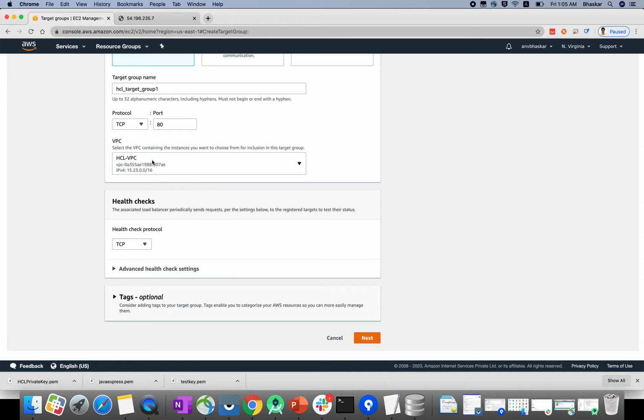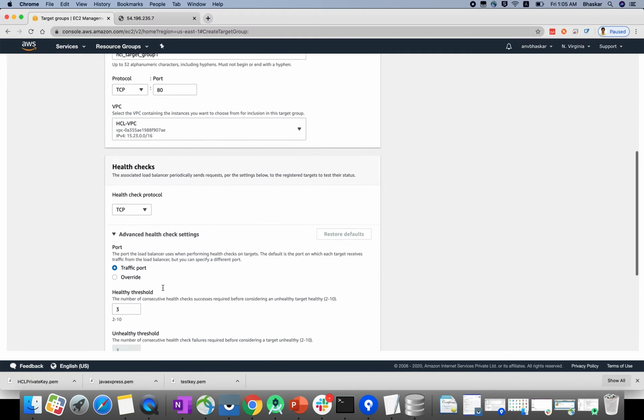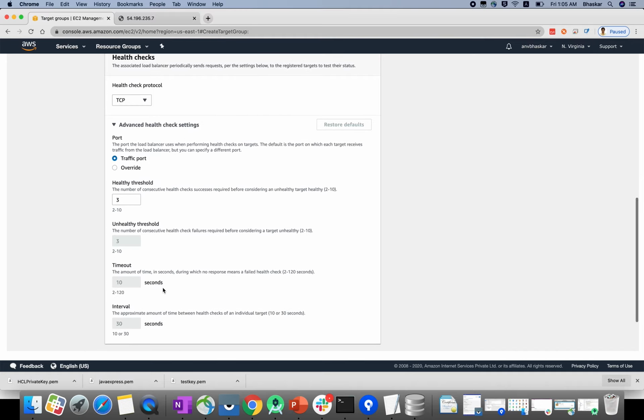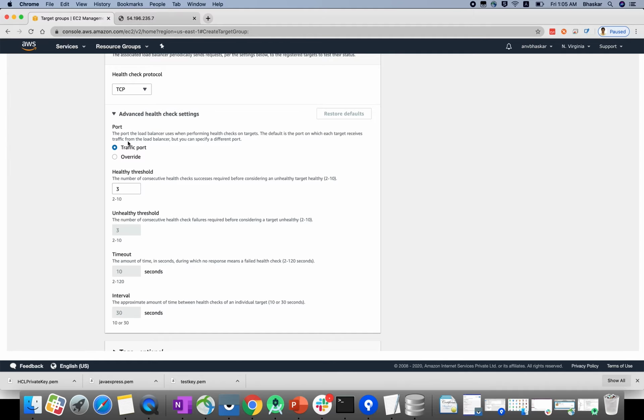Okay, once you are good, health check protocol TCP, and here if you see advanced health check settings, here what we will do is a traffic port. So all traffic will come from port 80, right? The number of consecutive health check successes required, that means when I give it as two times, it will check whether the instance is good or not.